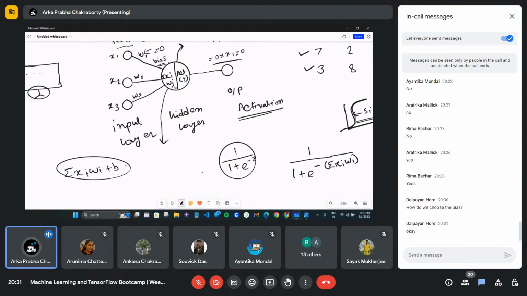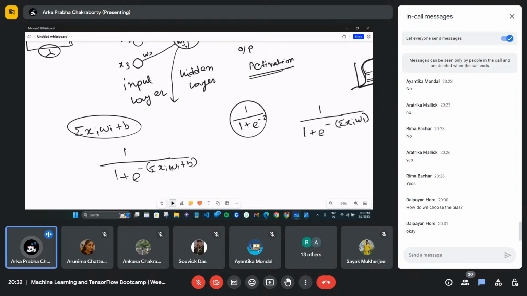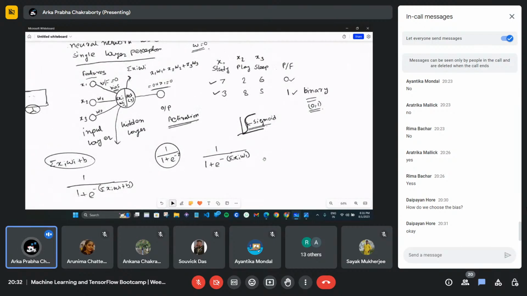This function will go into the sigmoid function. So what is my sigmoid function? 1 divided by 1 plus e to the power minus the summation of xi wi plus b. So this is my ultimate thing. So that was it about the neural network. But yeah, we have to see something.